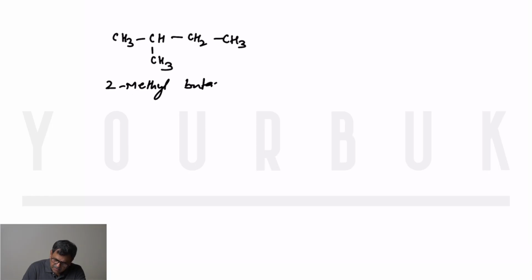Now one more example. Suppose you are given this. Now this is called isopentane. 2-methylbutane is the IUPAC name. In this case, we have 4 different sets of hydrogen. This 2-methylbutane, or isopentane, has 4 different sets of hydrogens. If you look at this methyl group,